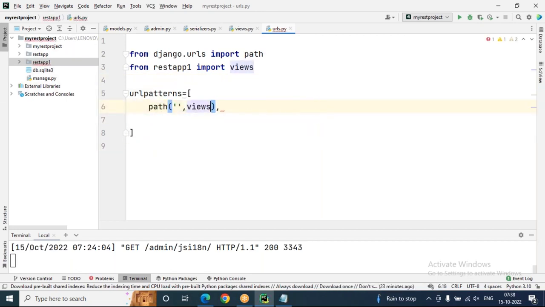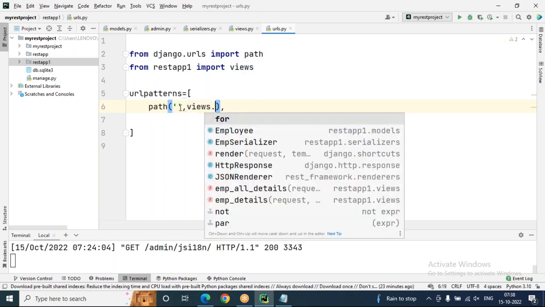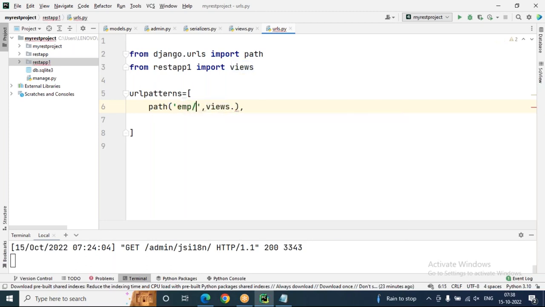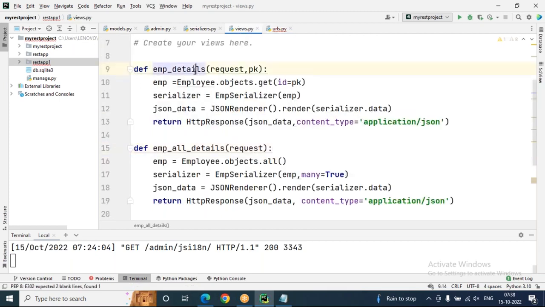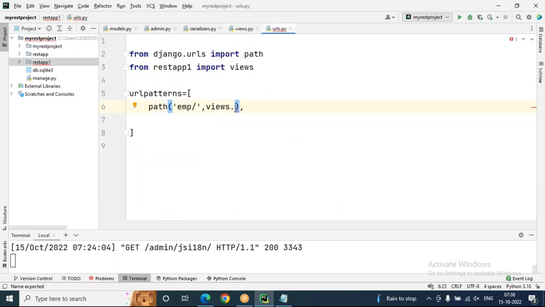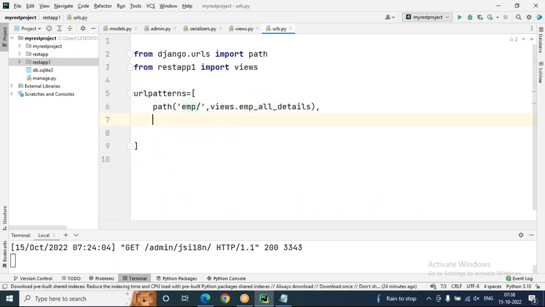This time I'm changing the URL section. When the user enters only emp/, then I call this view, the all-details view, and he will get all the details by calling emp_all_details. But when the user enters the request API resource/int:pk, meaning primary key,